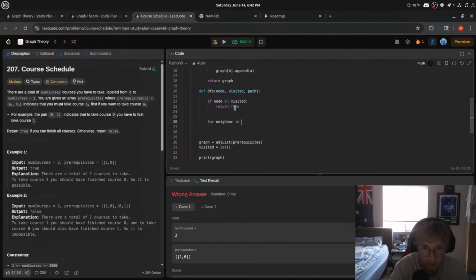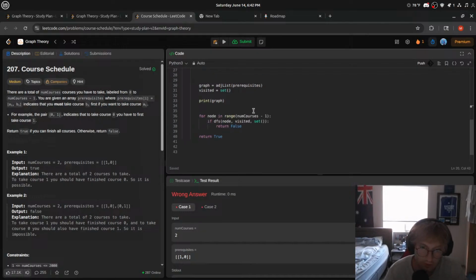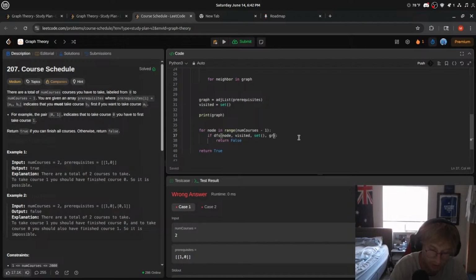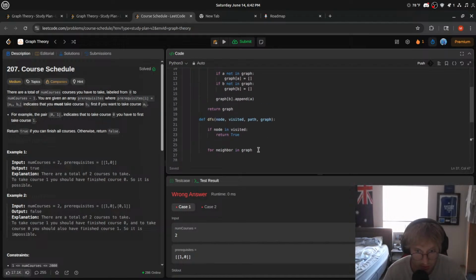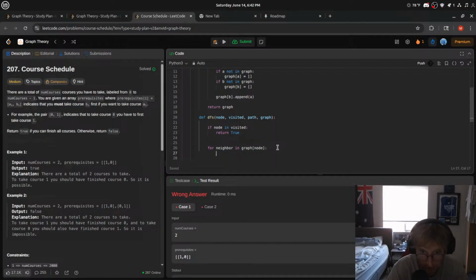Otherwise we want to loop through. We want to go for neighbor in, that's what I'm missing, our graph. I feel like we don't even need to pass it in anyway, but I don't know. It's whatever, I'll pass it in. It's a parameter. We want to loop through our dictionary, right? For neighbor in graph node, we want to check, okay, well, if